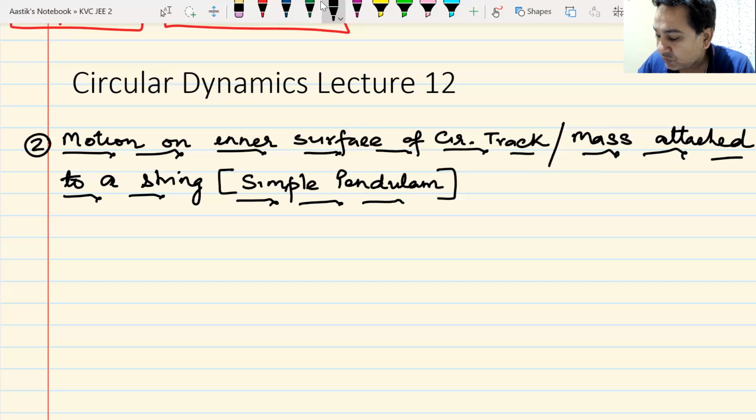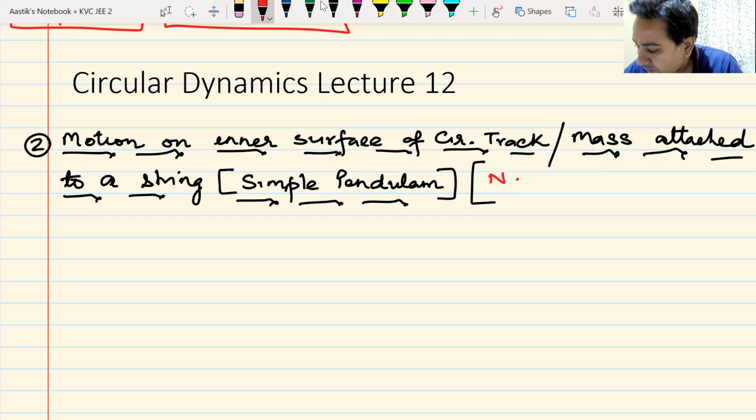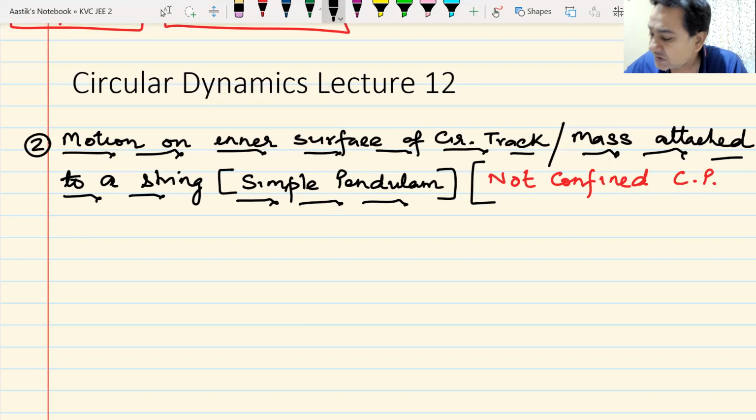And remember, both of these motions are motions not confined to a circular path. That means these gentlemen, whether it is a body on the lower surface or it is a mass attached to a string, the motion is not confined to a circular